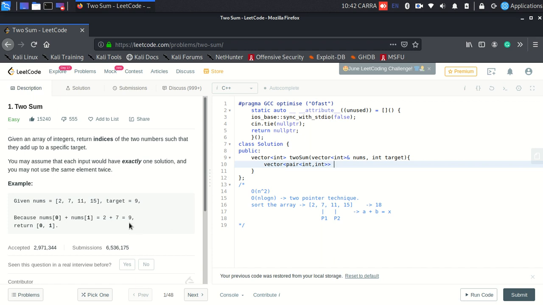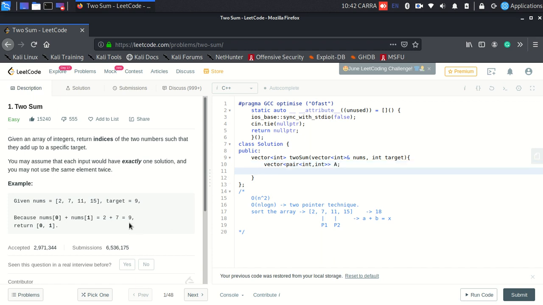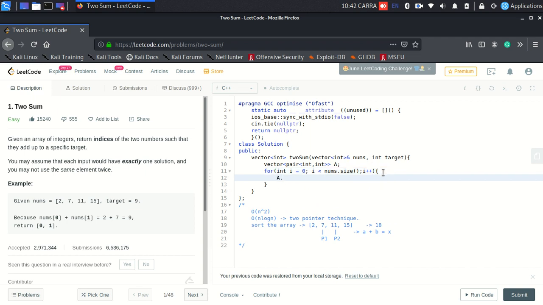So let's say I have a pair, I'll name it A. So A would contain the element along with the indices. For 7, A's entry for 7 would be 7 comma 1, because 7's index is 1. So what I'll do is, another thing is I'll have n elements, so never mind, I can even push it back.